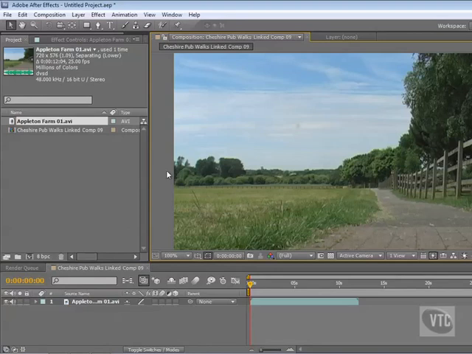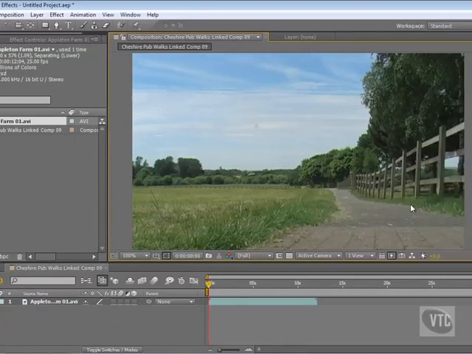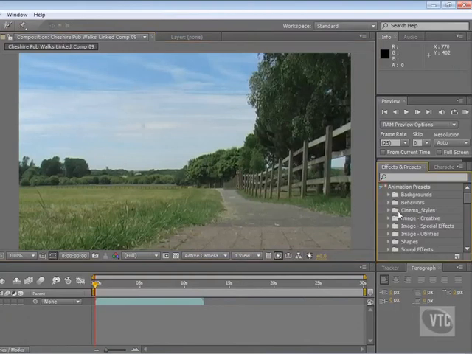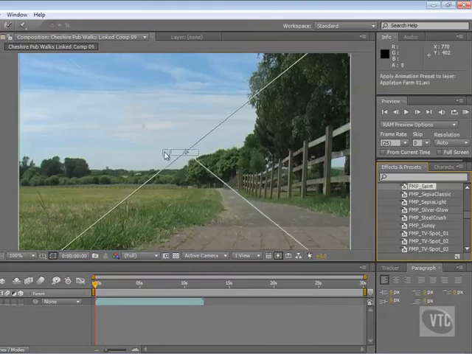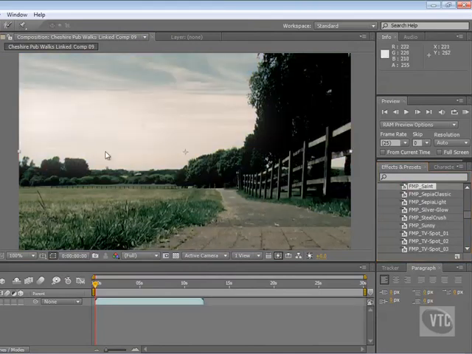So I'll just make a quick edit here in After Effects. Maybe I will just add a filter. I'll just choose one of these cinema styles here. Perhaps I'll drop down to, shall we just pick one at random? I'll go for maybe that one at the top there, Saint. Drag it over the clip there and we get this new look, this new filtered look to this clip here. Okay? I'm not going to do any more other than save it, and I'll pop back over to Premiere Pro,